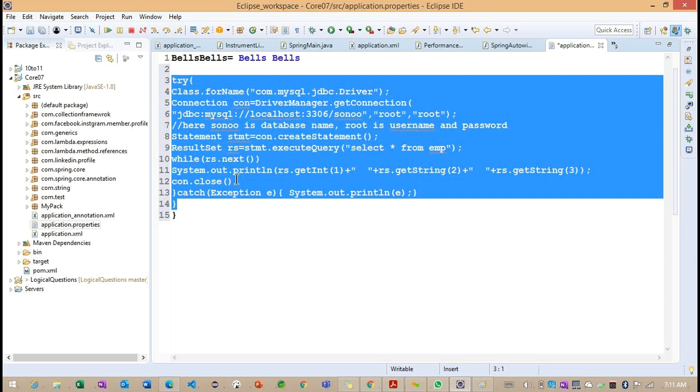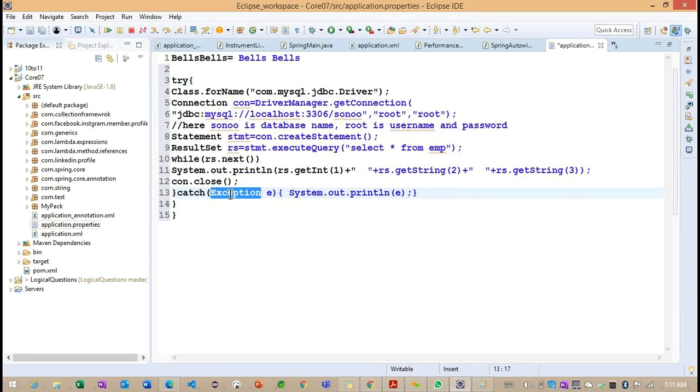If you are properly handling the connection and everything here, we are not going to get any exception. But even if we do not get any exception, we still need to handle it with a try catch block, because SQL exception is a checked exception. A checked exception we need to handle before writing the particular code. So forcefully, we define the connection related information and work with try catch blocks to handle the SQL exception here.